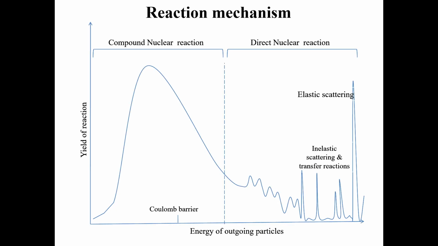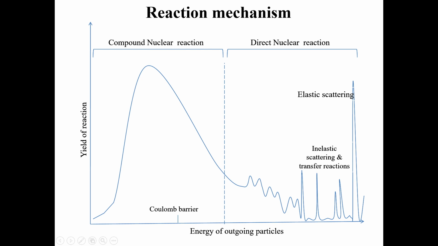If we want to show the reaction mechanism graphically, you can see it here. We have plotted the yields of reactions against the energy of the outgoing particle. Here you can see that for compound nuclear reactions, we have a continuum, and this basically happens at low energy, the lowest energies. But if we move toward higher energy of the outgoing particle,